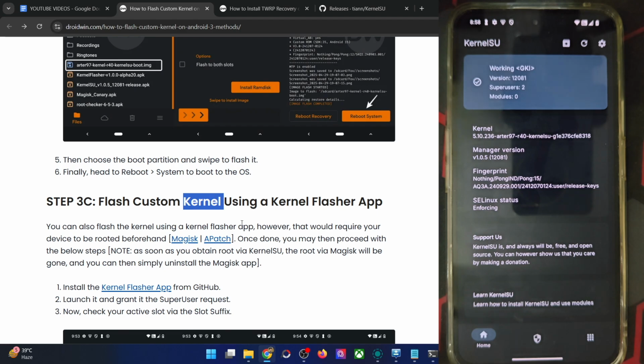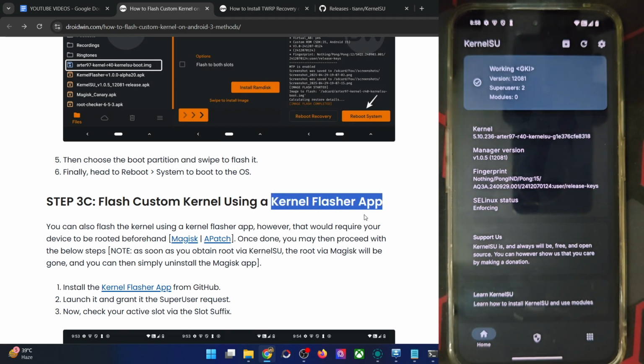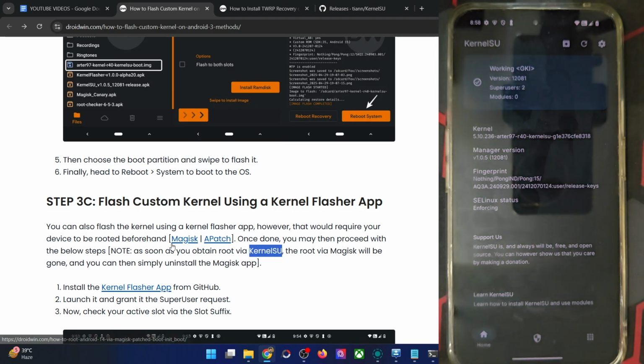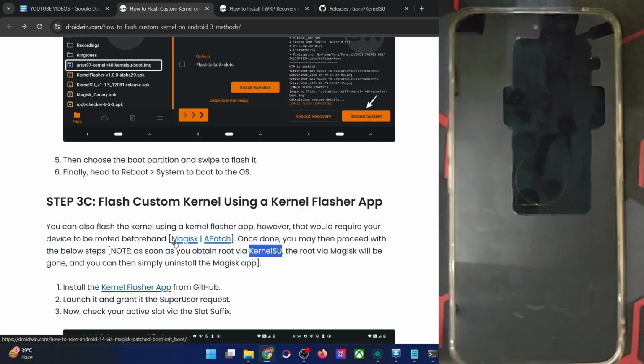So in this we will use a third-party app, but this third-party app requires root. So there is quite an important point to keep in note. If you are flashing a custom kernel that supports KernelSU as well, then in that case you will have root via two apps, KernelSU and Magisk, which might lead to few issues. So after flashing the custom kernel, the Magisk root will automatically be gone from your phone. But if you are using a custom kernel which does not have KernelSU, then the Magisk root will remain